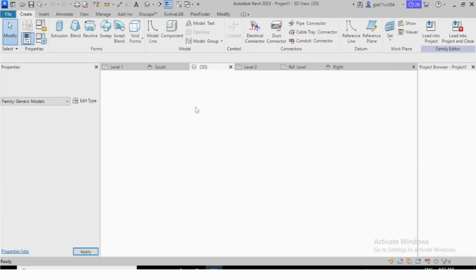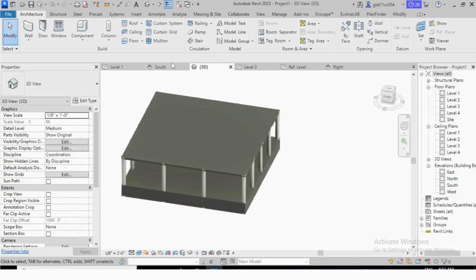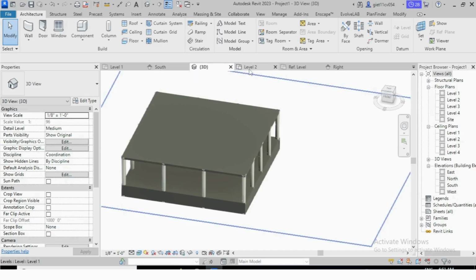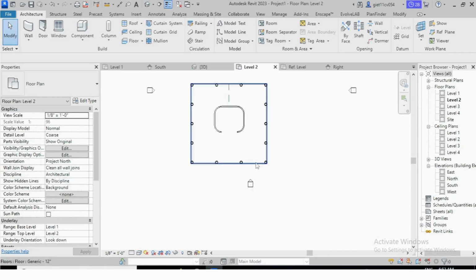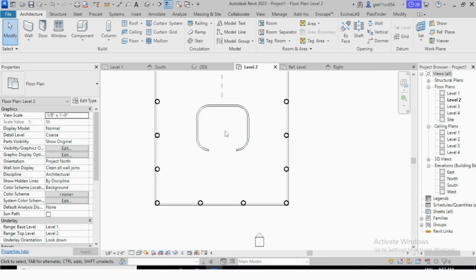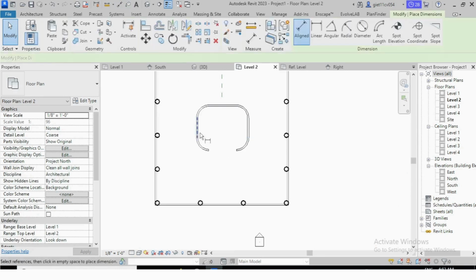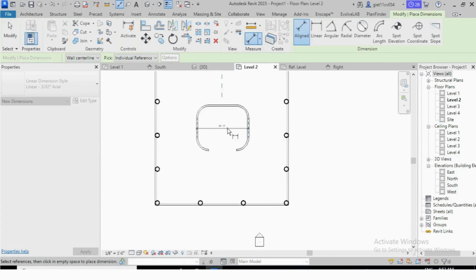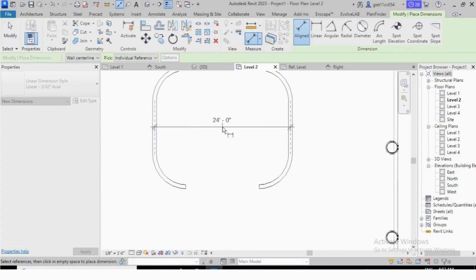So here you can see, going to level 2. Here you can see the size. Let's measure the size from here. It's 24 feet.